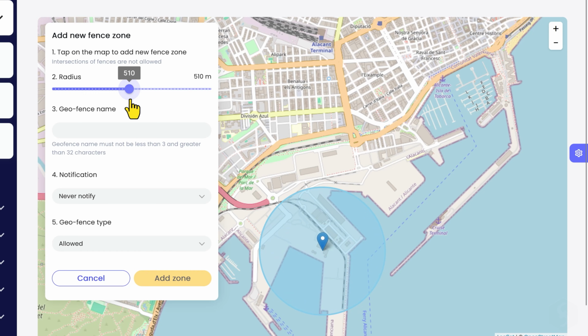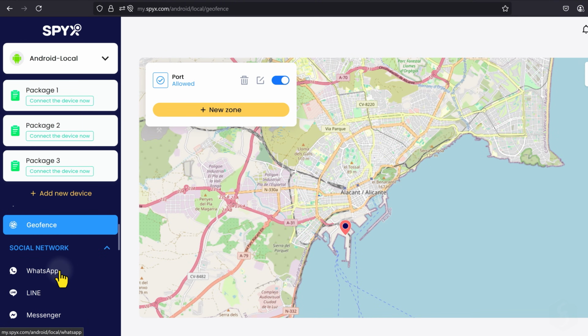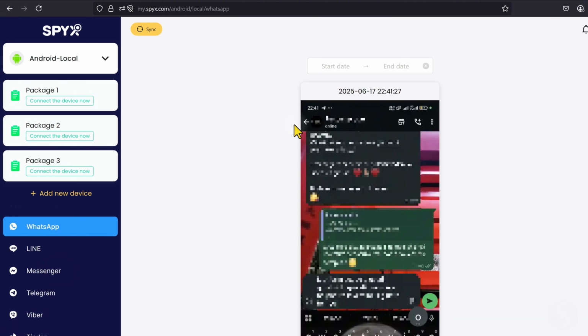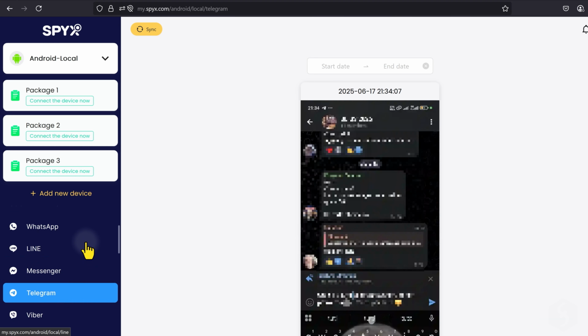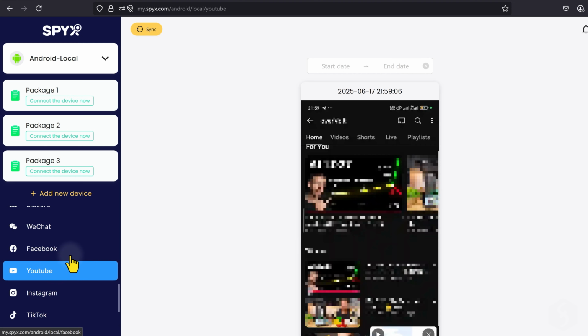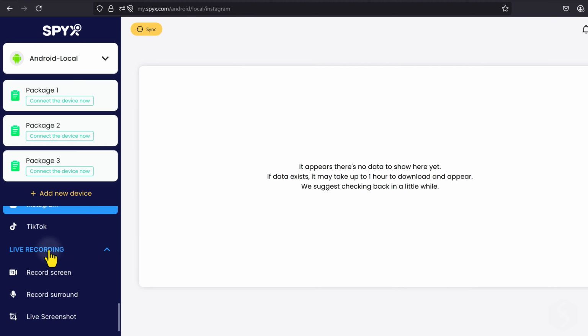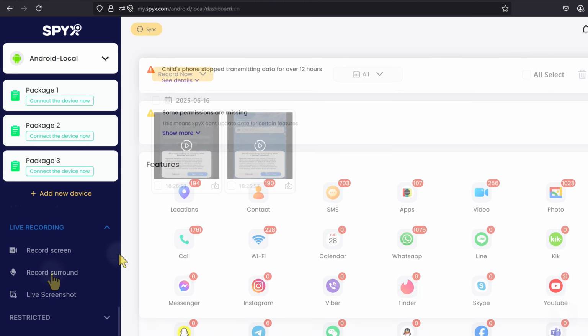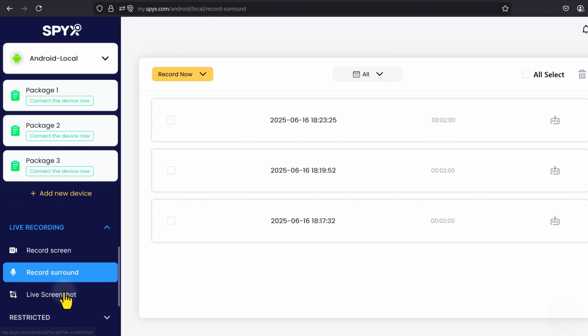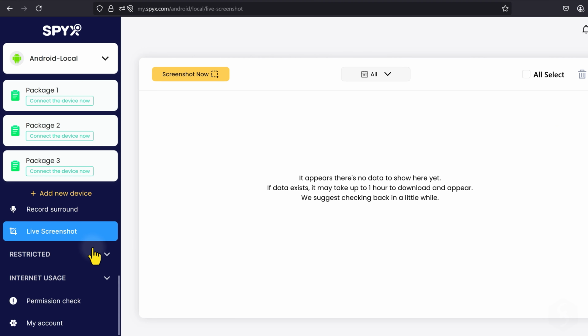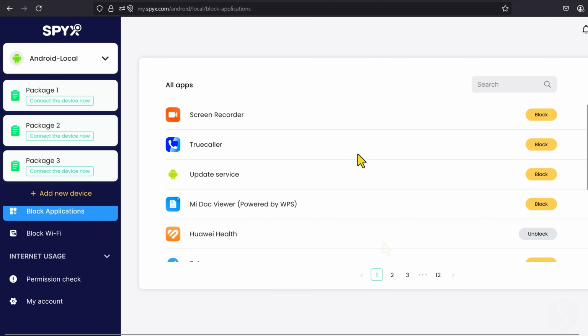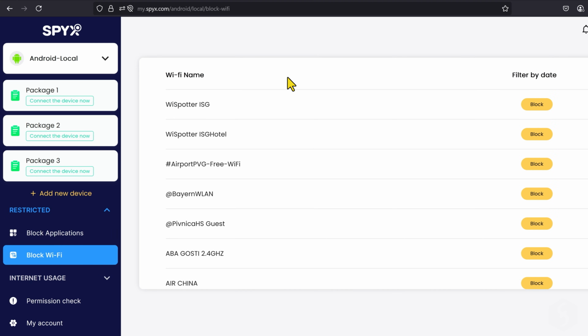It can also check a wide range of platforms, including WhatsApp, Facebook Messenger, Telegram, Tinder, Microsoft Teams, WeChat, YouTube, Instagram, and TikTok. You can also record live the device screen, microphone, or take a quick screenshot and either allow or block the launch of specific applications you choose or disable access to Wi-Fi. SpyX gives parents a clear, real-time view of